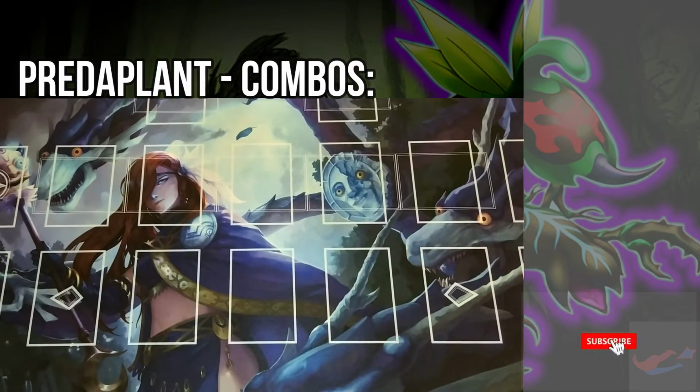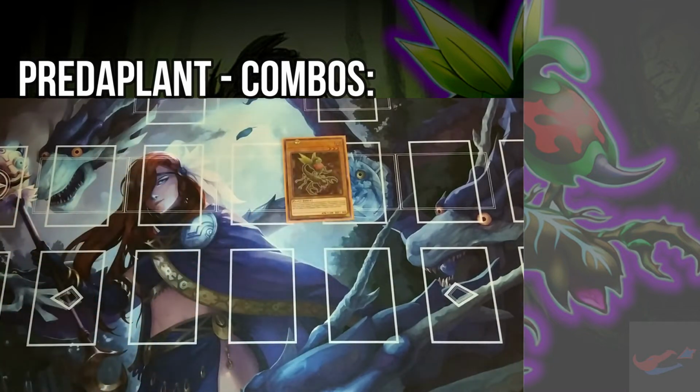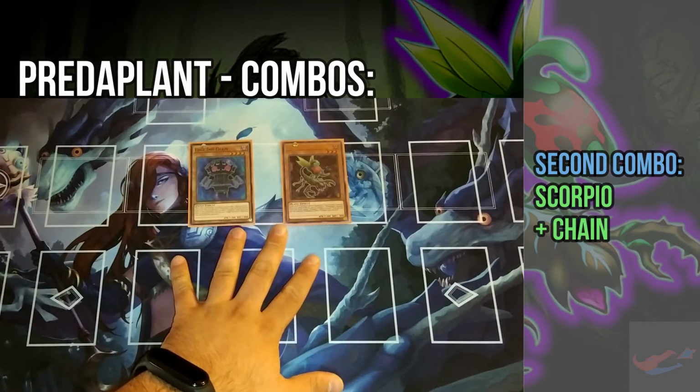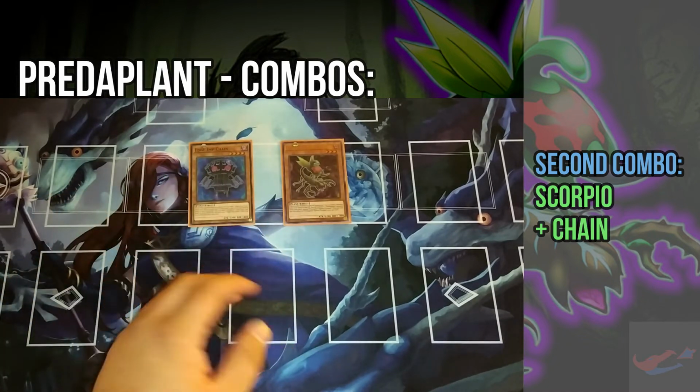So, combo number 2. Combo number 2 is basically an extension of combo number 1, or a different route of combo number 1, because instead of opening up with Orpheus Scorpio and 2 random cards that you're able to use as discard or put on the top of your deck, you only need 1 card, which is Aegeum Chain. And this particular combo is the best 2-card combo that this deck is currently able to perform,